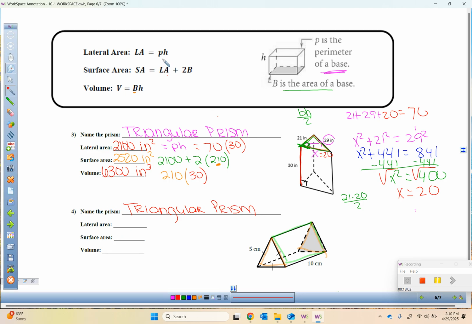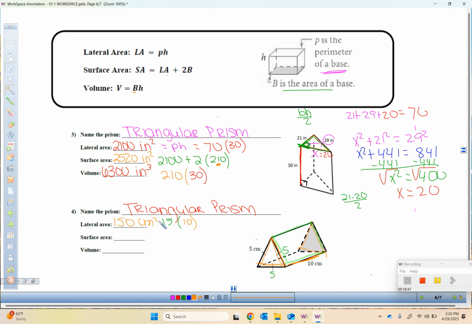Okay, so lateral area. Once again, this is little p, and little p is perimeter of a base. So let's pick this one. Perimeter is adding all the sides. Do we have enough information to do that? I have this side. Do I have this side? I do. How do I know? The congruent signs, right? The tick marks. So I have 5, 5, 5 all the way around it. So what is my perimeter of this base? 15 times my height, which is what? No, my height is right here. 10, yeah. It's like my base and my height, it's like it's laying down. Okay? So 150